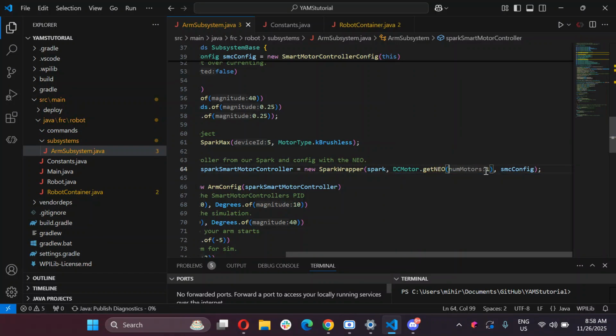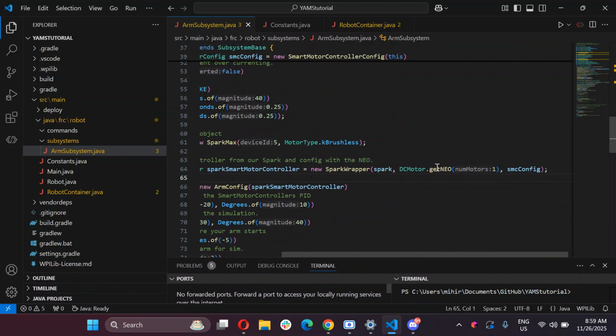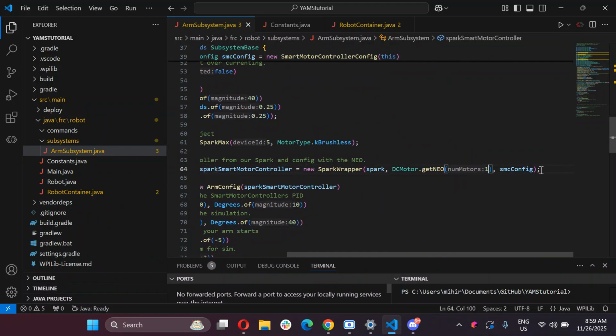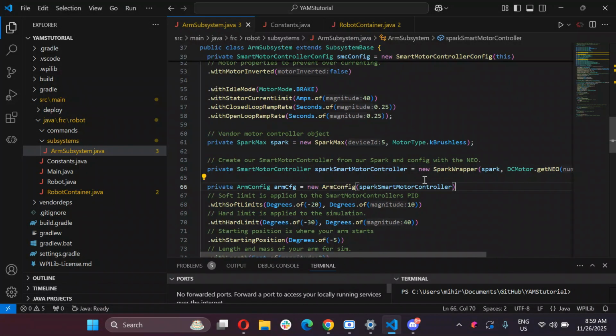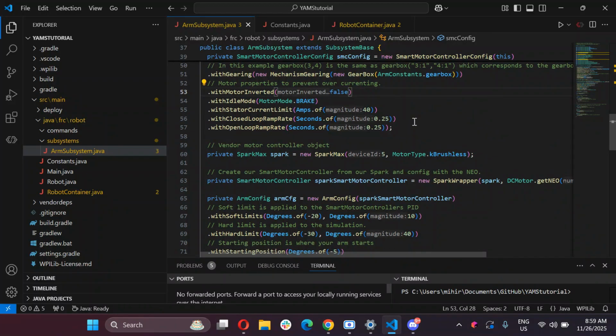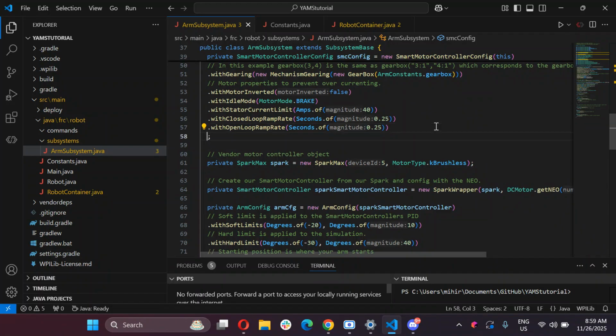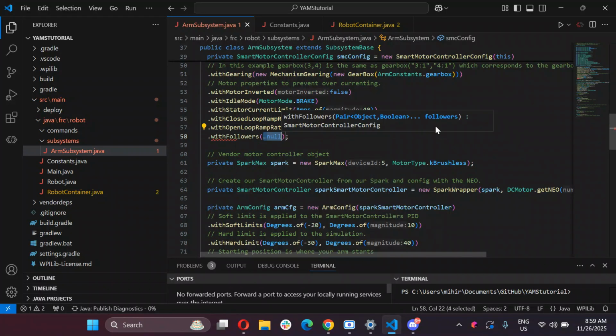Here's the number of motors we're gonna have. So if you have 1, you're just gonna leave everything be. But in this tutorial, I'm also going to show you how to create a follower motor if you need to. So I'm going to create a second motor, and then I'm going to create a dot follower motor. So where I'm going to put it, not there, probably here, dot with followers, and then we're going to create